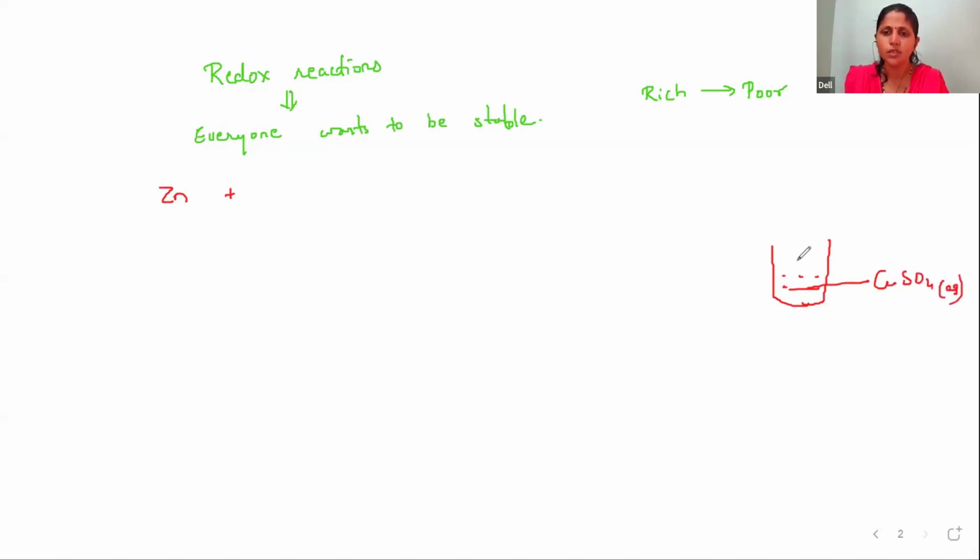Aqueous solution of copper sulfate. I put a rod of zinc. So the reaction proceeds. So what actually happens here? So zinc reacts with, you have taken it in solid form,